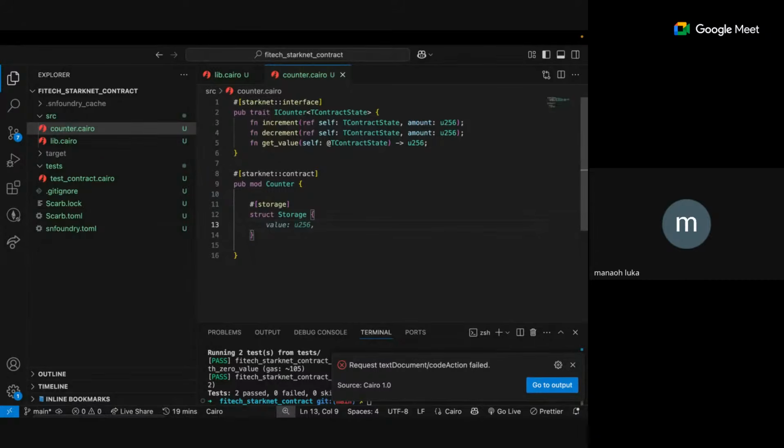So let's add our first state variable inside of it. It has already suggested it. Our first state variable is value. So this is the value we are going to be mutating, changing, and then